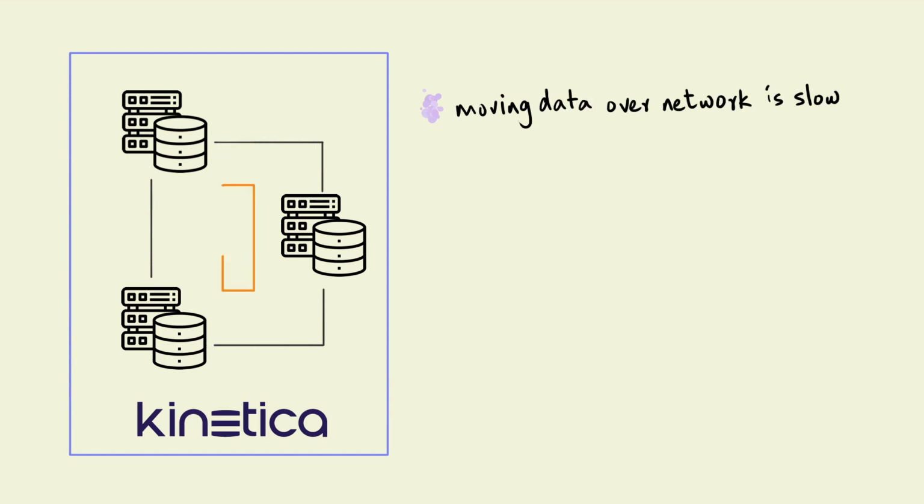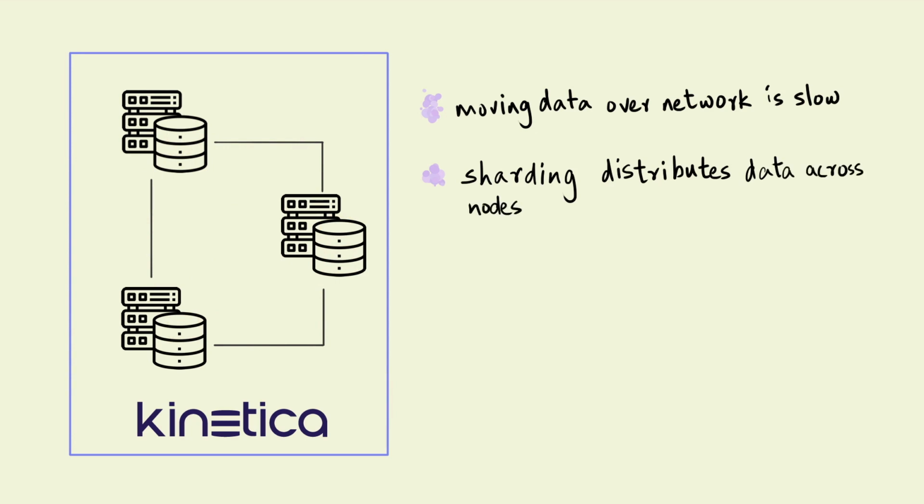So a key consideration is how to split the data between the different nodes so that queries from users don't require too much shuffling of data between different nodes. This is where sharding comes into play. Sharding helps to intelligently distribute data across the different nodes so that data that are likely to be used together are co-located, reducing the need to shuffle parts of it over the network while executing queries.